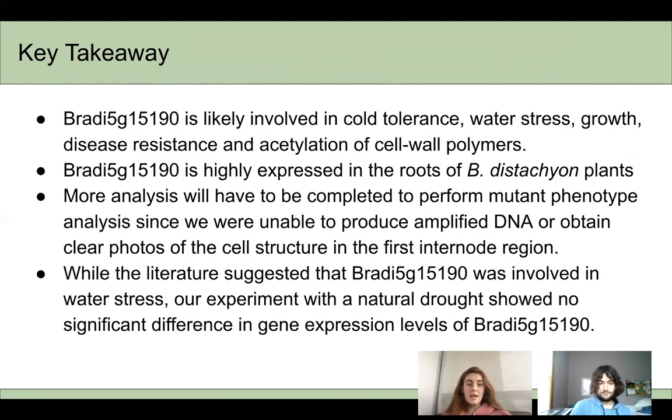So overall, the key takeaway is that Brady 5G 15190 is likely involved in cold tolerance, water stress, growth, disease resistance, and acetylation of cell wall polymers. While the literature suggests that Brady 5G 15190 is involved in water stress, our experiment with natural drought showed no significant differences in gene expression levels of our gene of interest. So more research would need to be conducted to actually conclude if our gene is